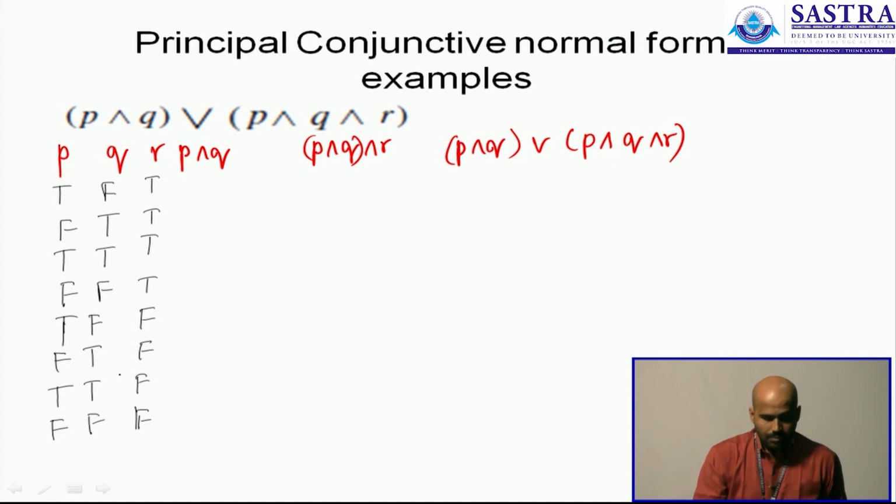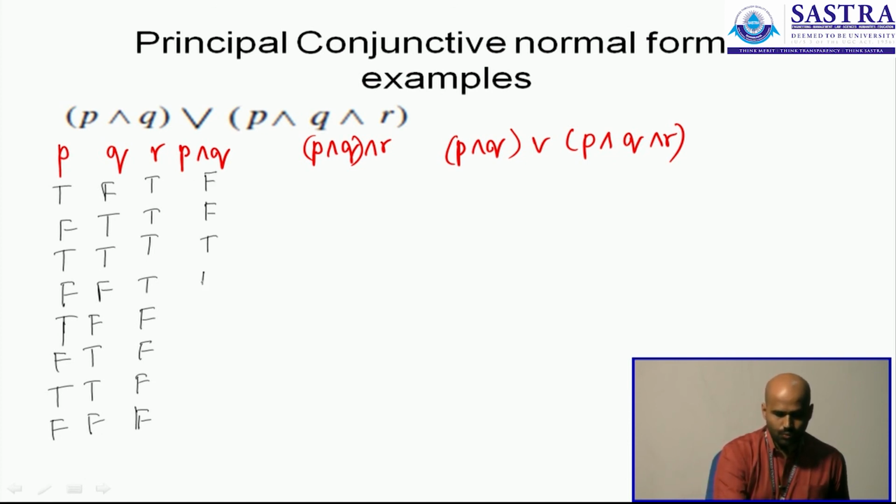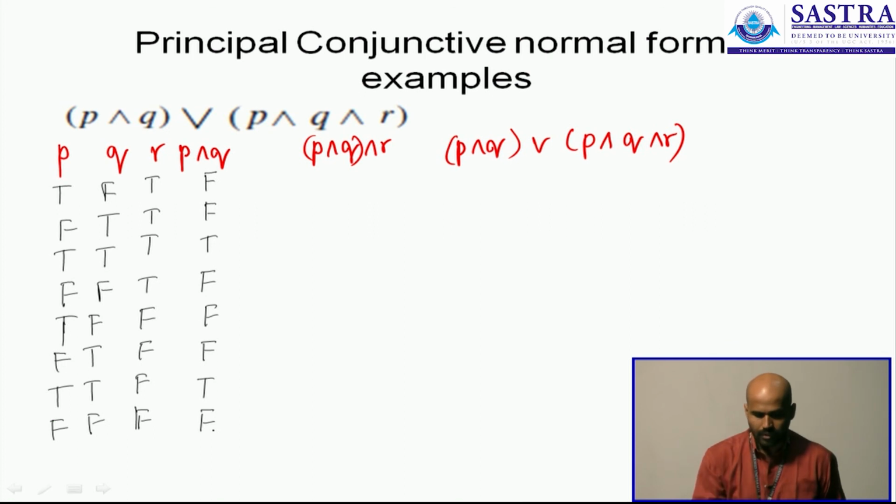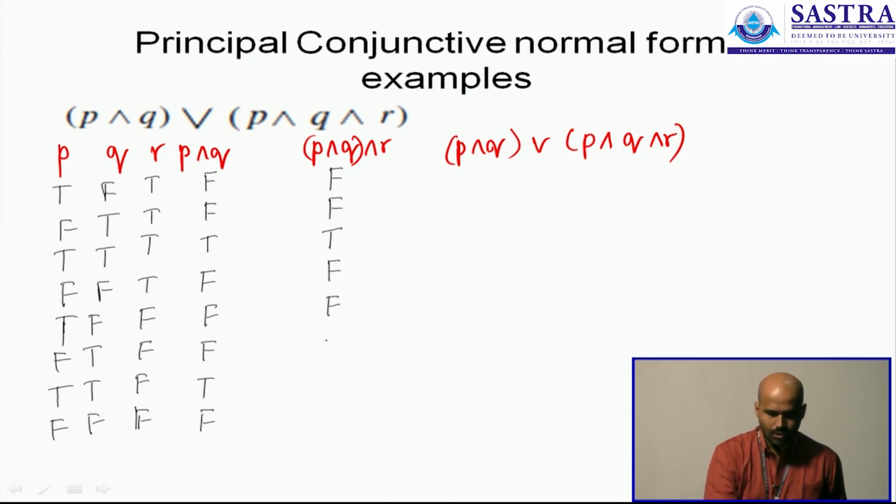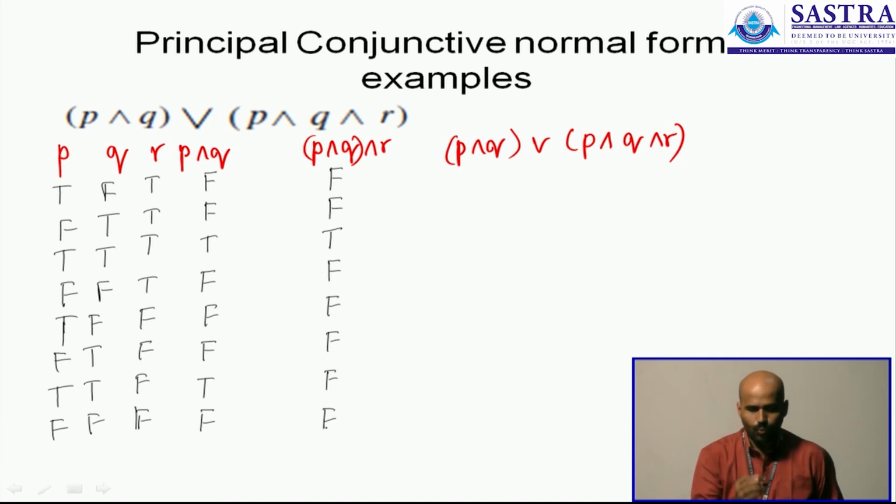We're doing a conjunction within the first 2 rows. False, false, true, false, false, false, true, false. And once again we're doing it with the third row, doing a conjunction between the third and the fourth rows. False, false, true, false, false, false, false, false. Only one of them turns out to be true and the rest false.